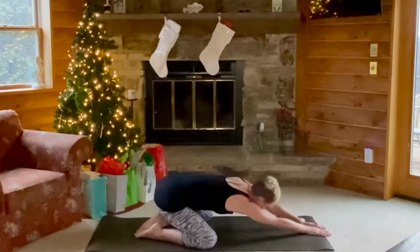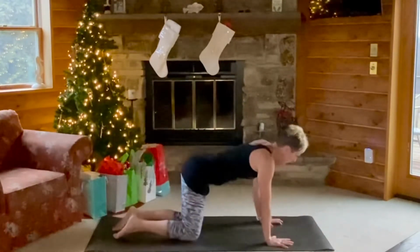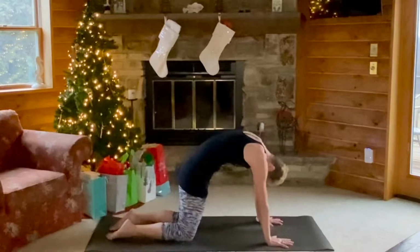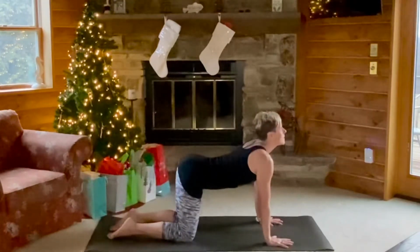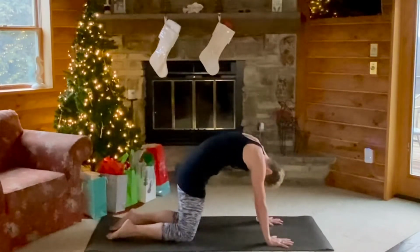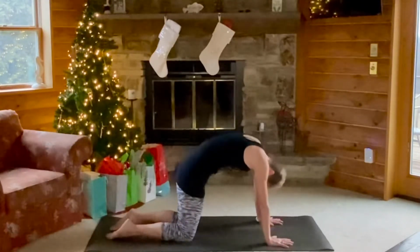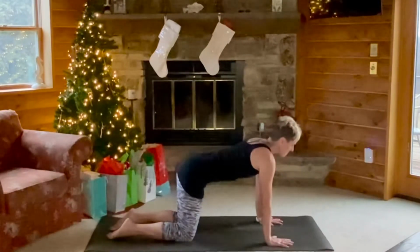Breathe in and reach up, and we'll walk our hands in toward tabletop position, stacking wrists below shoulders, taking a few rounds of cat-cow here. Returning to a neutral spine,